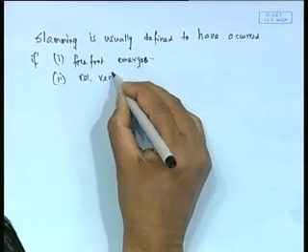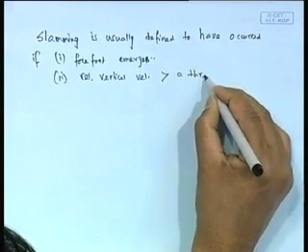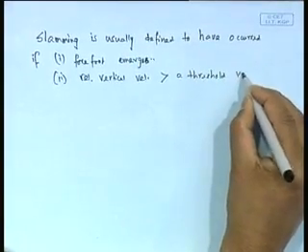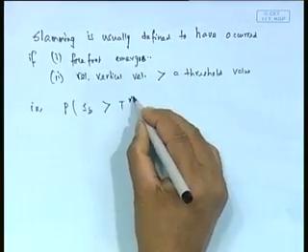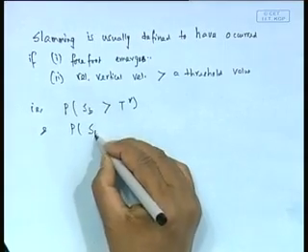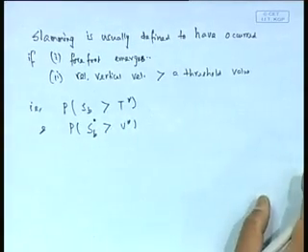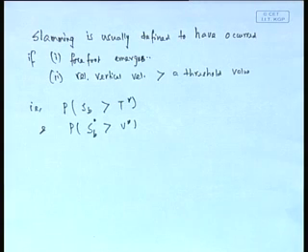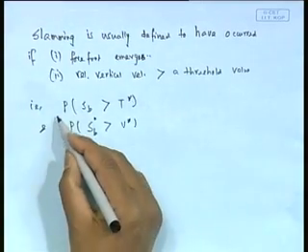the relative vertical displacement and velocity exceed a threshold value, that is, you can say the probability of S B exceeding some T star and the probability of S B dot exceeding some V star. If these two happen together, we might define it that slamming has occurred. Okay, like that one can say. Now you see, this can also be easily found out by the same probability function. For example, this